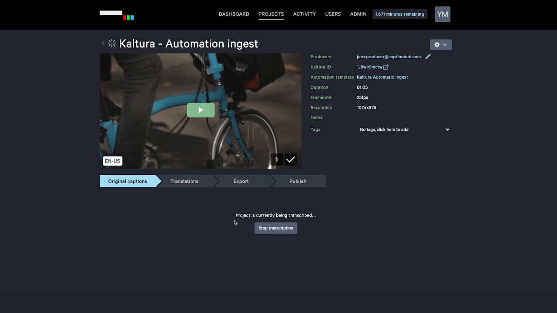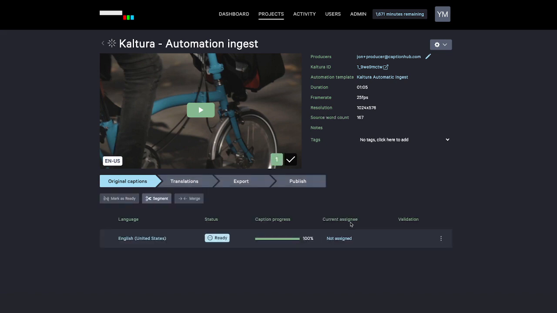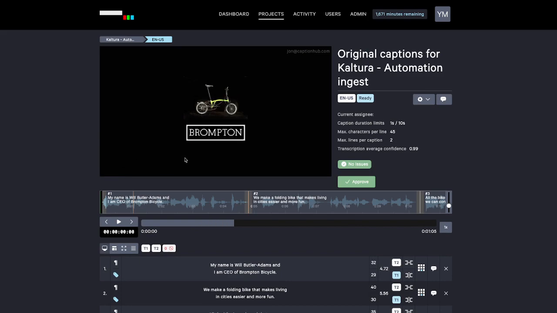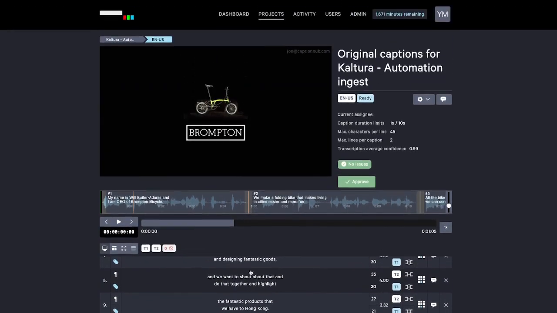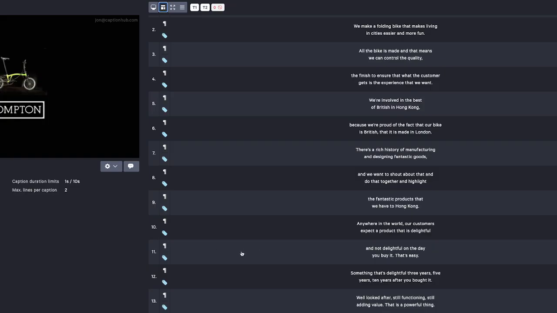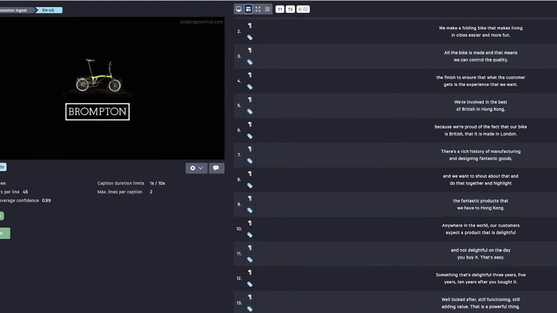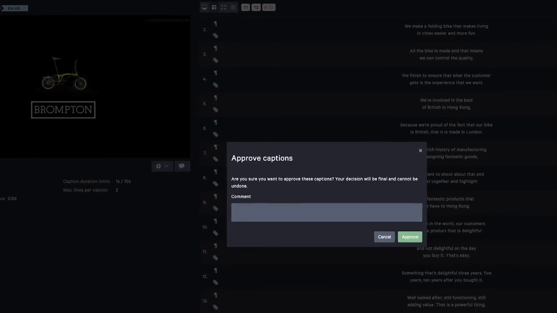So if I go into the first one now, we'll see that the project is currently transcribing the original language captions, which in this case, I predefined my automation to be in English, and using the Speechmatics engine, so a user would then receive a notification, which I'm getting in the background there, my emails are pinging away. I can review this. Now I know that my automation is waiting for an approval, so if we just go back here, click on approve